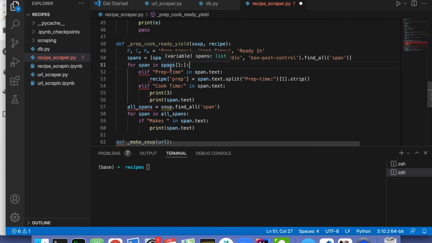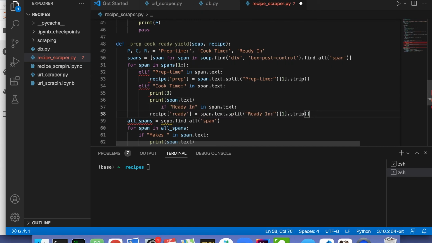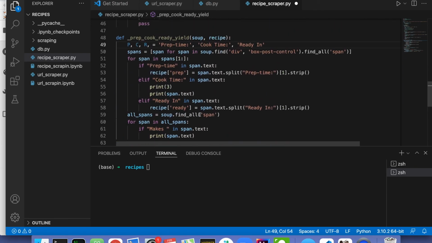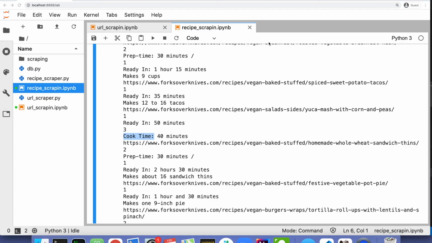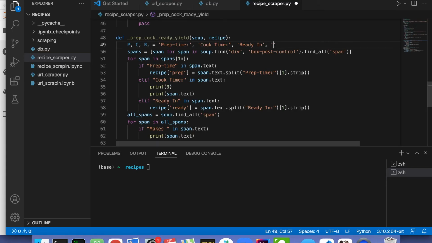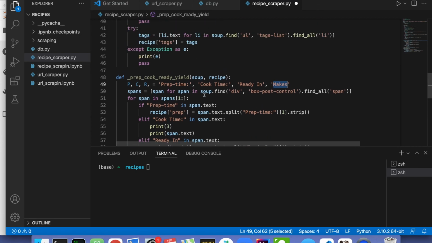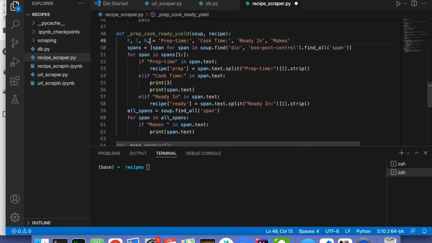I need it to be prep cook ready, prep cook ready. It's just easier for me. Okay, there we go. And then makes. Ready in and makes. That could get hairy. I don't think it's gonna get hairy. It'll be all right. And you are makes. Okay, now